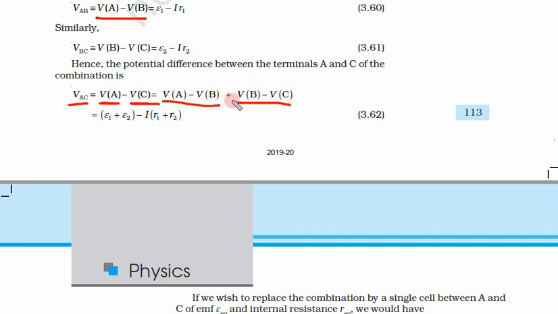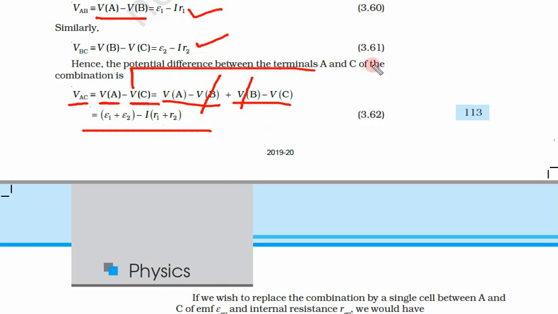So in this case we have calculated this VA minus VB plus VB minus VC. When we add these together, epsilon 1 and epsilon 2 are added. When we put the values of this, VB and VC are cancelled out and this is VA minus VC. What we did, we added VB and we subtracted VB. So in that case, what is VA minus VB? This one, and VB minus VC is this.